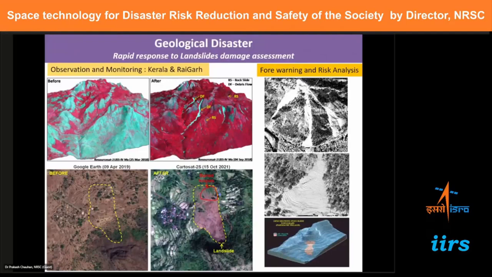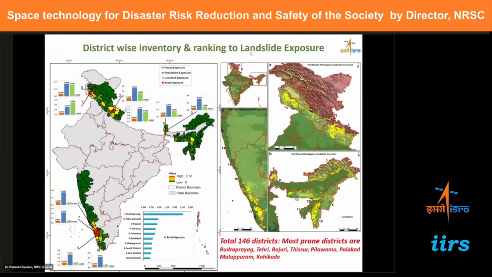Similarly, apart from this, there are a lot of activities in the Himalayas happening in terms of landslides. So landslides also happen very fast. Today, we don't have a very accurate mechanism for early warning of landslide activity, but we can use satellite data. We can create an inventory of past landslides and generate what we call landslide hazard zonation maps. So that type of work has been done, and the landslide inventory and ranking of landslide exposure has been created